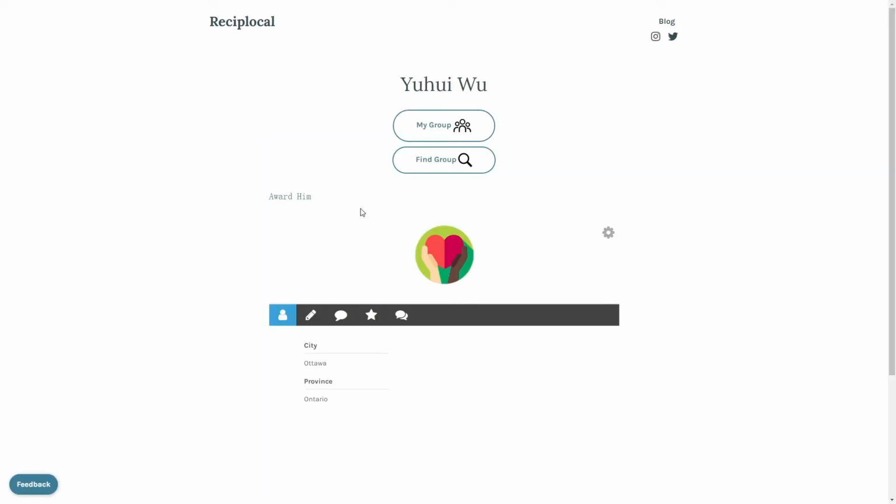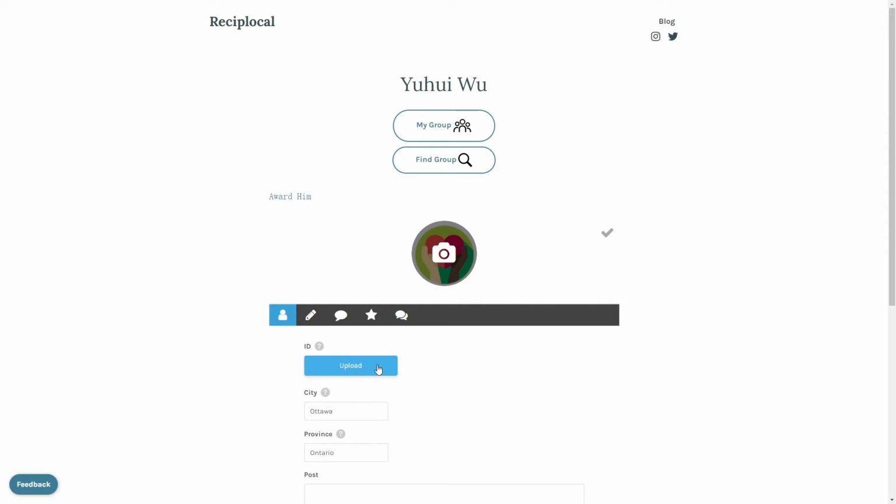Once we sign in, we can see the profile page show up. There are a lot of functions on this page. I'm just going to briefly introduce it. So we have a setting button here, and this part is mainly for editing your own profile, your own information. We have a button called ID, which asks the user to upload either a driver license or passport to